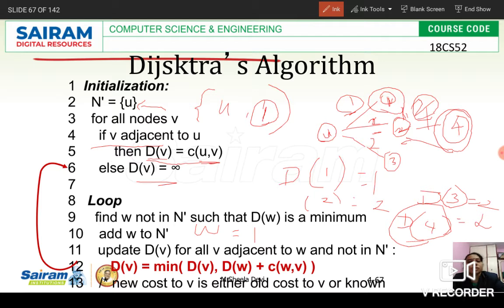It is 3. Previously what did we say? The cost to reach from the source node u to the destination 2 is 2. Now we have checked that if we pass through the intermediate node 1 to the destination 2, the cost is 3. Should that be updated, or should the path we found earlier be kept? So how can we decide this? The cheapest one should always be kept.